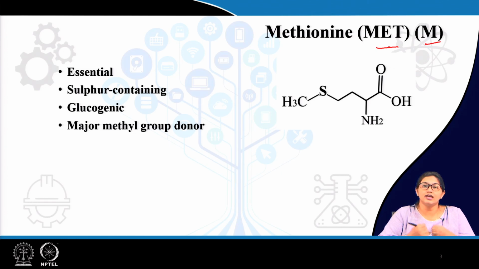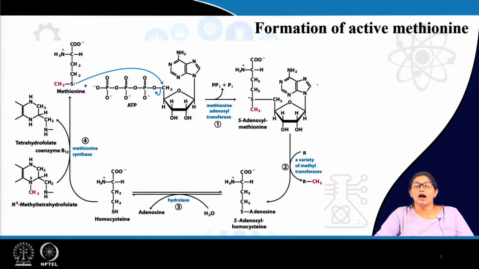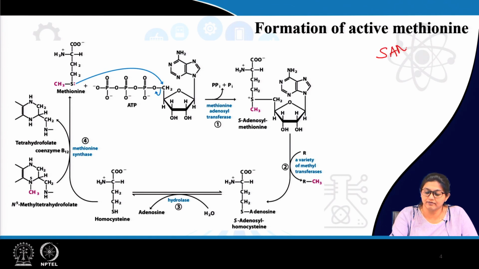Then the major function of methionine is that it acts as methyl group donor in different types of reactions in our body. So, here you can see the structure of methionine. So, this is our sulfur containing amino acid here. Now, how is the activated methionine formed? So, the activated methionine is SAM,